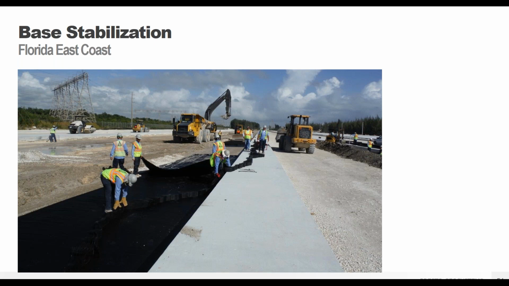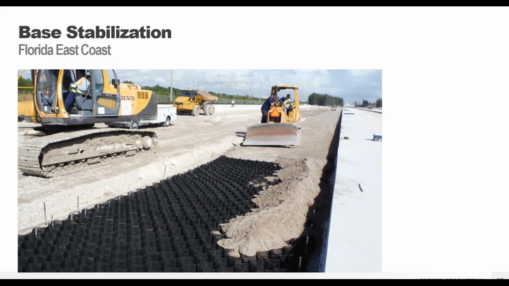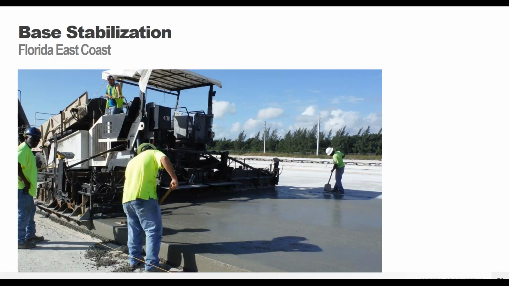So this was a pretty unique site, had a really unique sort of solution that we were able to work with the engineer for, and this is something that we can always provide for you if you have questions. So you can see they're putting in the sand here, same as we've talked about. That staggered sort of construction really helps in reducing construction time, getting ahead of schedule. And then they were able to put roller compacted concrete on top of the GeoWeb system.